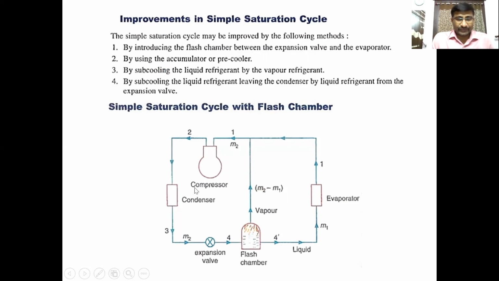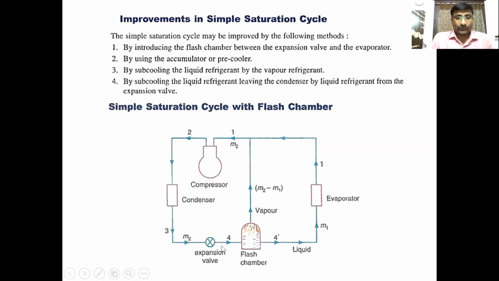This is the compressor in which the compression process goes from 1 to 2, where the vapor refrigerant will be compressed. After that, the refrigerant enters the condenser, where it is condensed into the liquid state. The liquid then passes to the expansion valve. In this expansion valve, the pressure drops, and along with the pressure drop, some of the liquid coming from the condenser will be evaporated due to the friction between the expansion valve and refrigerant, as already explained.